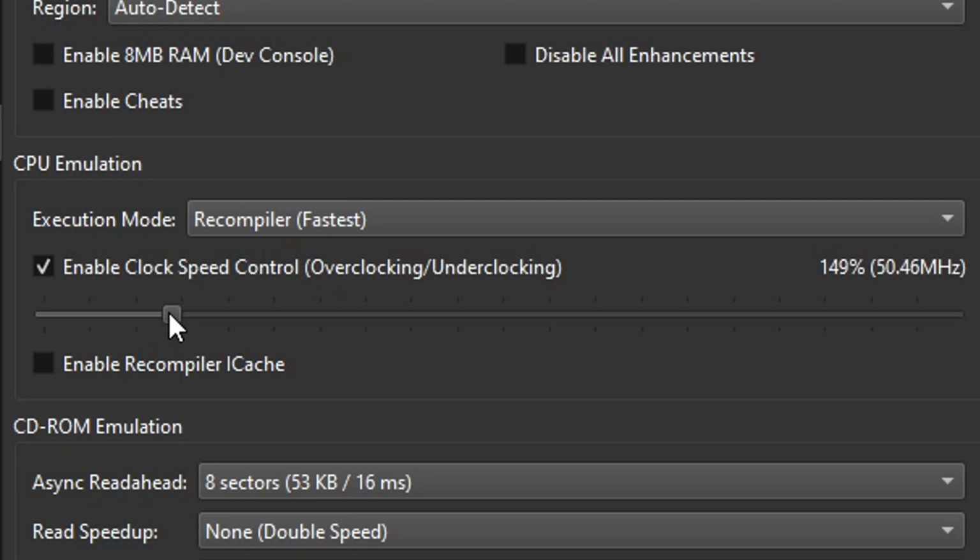Overclocking the emulator's CPU can also increase the speed of some games, as in they're gonna run much faster than they should. But on some games, this won't be a problem. You will actually increase the FPS and the game speed will be the same too. But this is gonna depend on the game you're trying to play, of course.